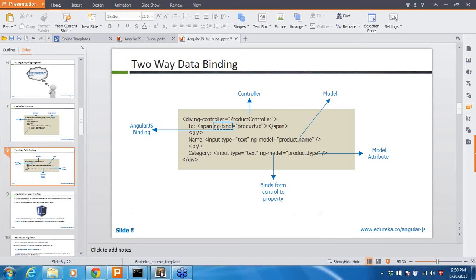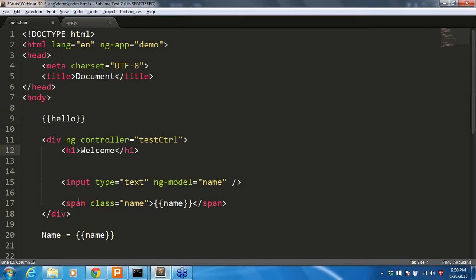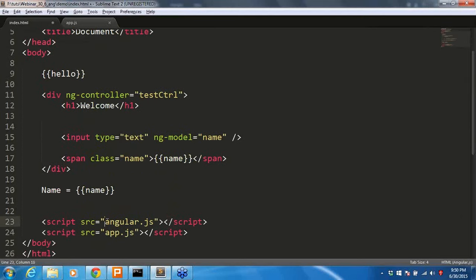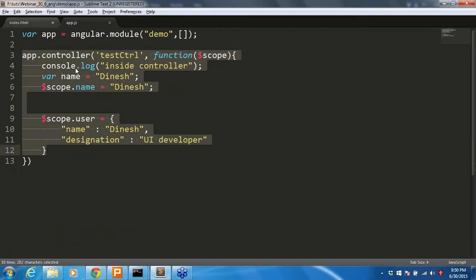Okay, so let's go back to our HTML. What we discussed is, if you have this AngularJS script, it will look for your ng-app directive. Wherever it finds your first ng-app directive, from there it will consider it an AngularJS application. If you have multiple ng-app directives, it will get confused about where the AngularJS application starts. So you can't have multiple ng-app, but you can declare multiple modules.